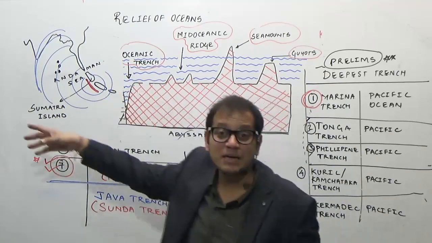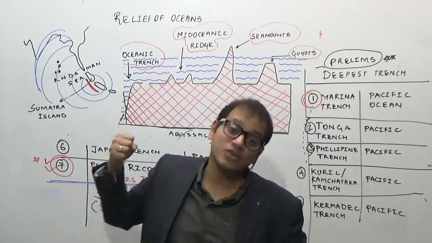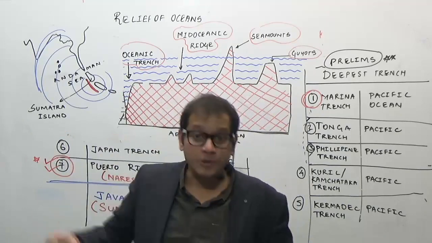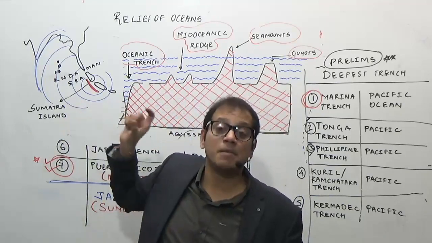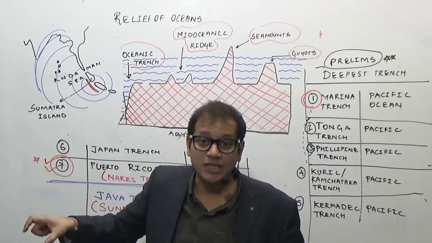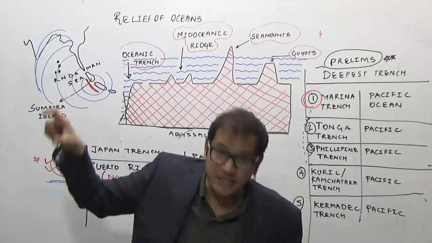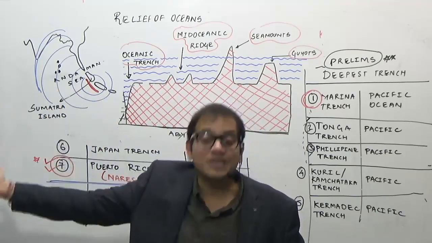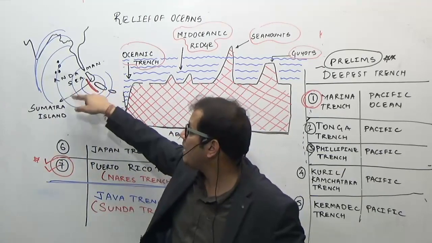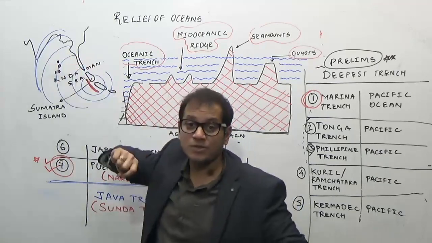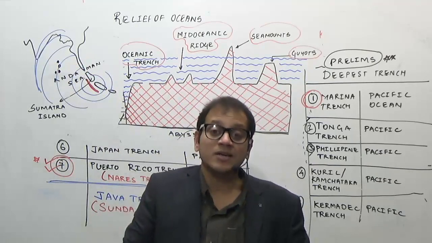In fact, the Andaman and Nicobar Islands are extremely near to the Sunda Trench. The Sunda Trench itself is near Indonesia, on the Sumatra island of Indonesia, where the capital Jakarta of Indonesia is located. It is near the Singapore region. It is in the Andaman Sea, in the Indian Ocean region, near the eastern coast of India. And whenever a tsunami occurs, high waves come and hit the eastern coast of India. So the eastern coast of India is more vulnerable to tsunami.